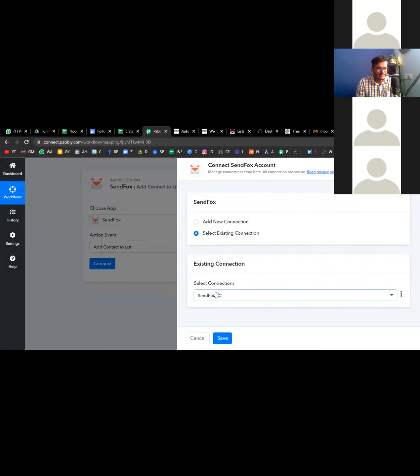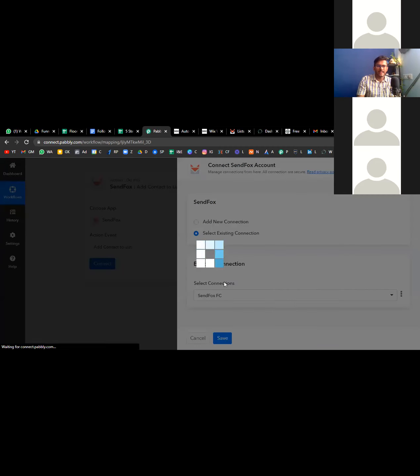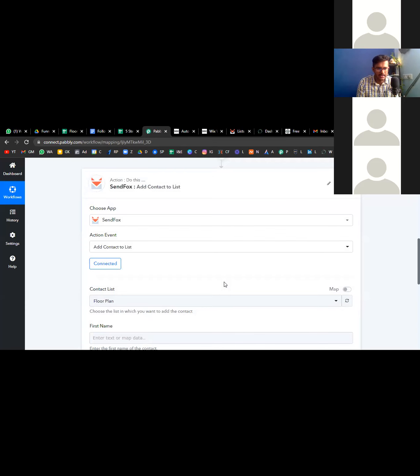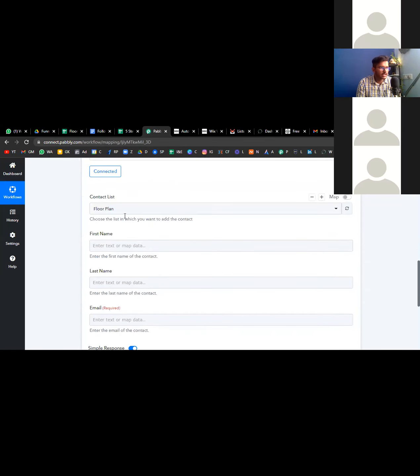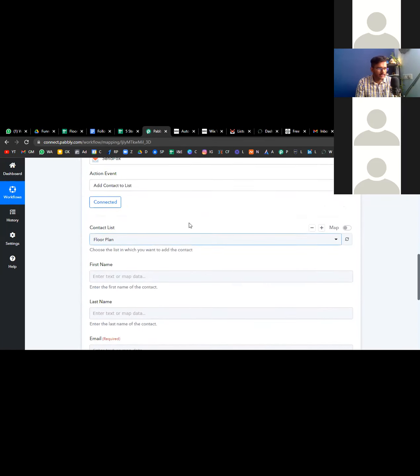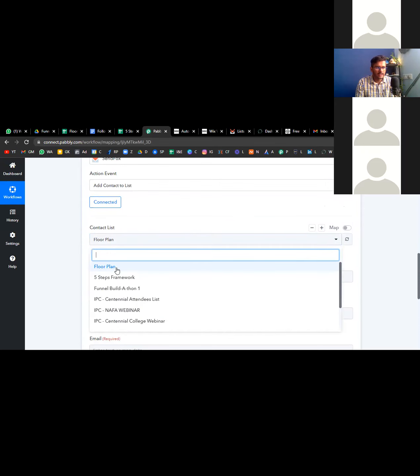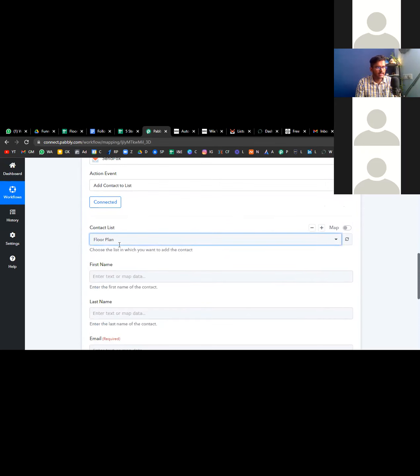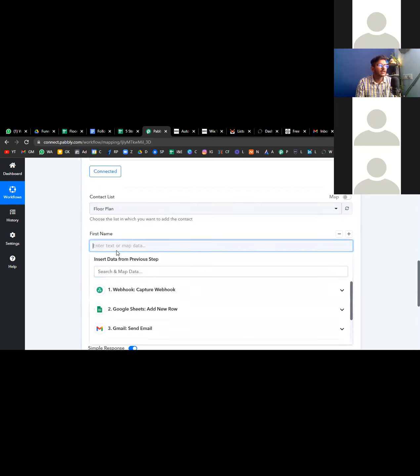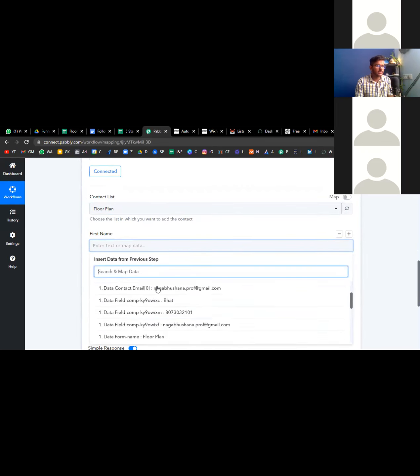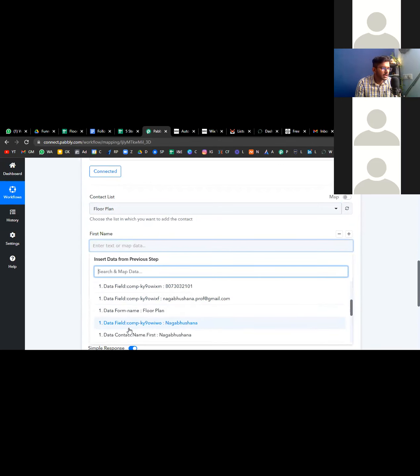Now I am already selecting my existing connection, right? So again, the connection setting is very easy. I'm just showing you one. It's an already existing connector, so let's just use it as it is. You can see the moment I add it, it will show me the latest list that I've created. This is the latest list for floor plan. Now, first name. What is the first name that I want to add for that person? Here it is. First name I'll pick up from my